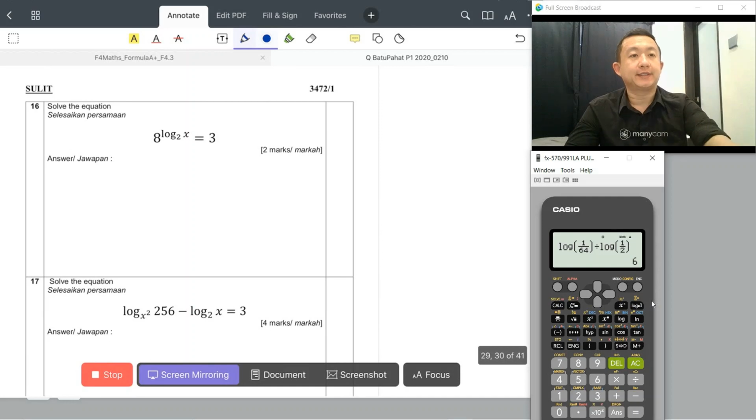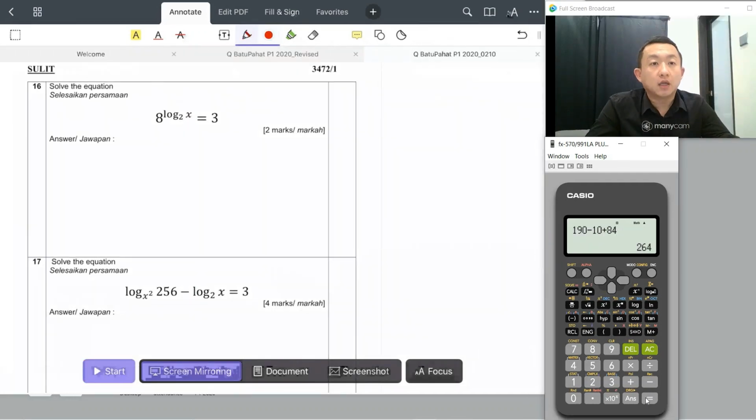Question 16. Okay, this is more fun: 8 power log 2x equals 3. You need to solve the equation. Solving means you need to find the value for x. Now the location for x is at the power there. Okay? So at the power there,